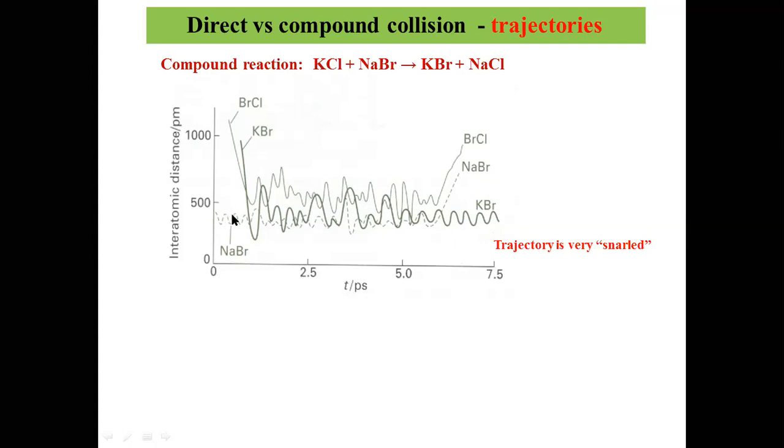we are going for the products, because these are very high, so those are basically products. So this is KBr plus BrCl, right? So the reactants were actually NaBr plus KCl, right? Now if we look at this, NaBr is vibrating near its equilibrium distance, and these bonds are being formed, right? So when it's coming closer, a bond is formed. Now, if you look at here, this snarled motion of the trajectories, right? And this